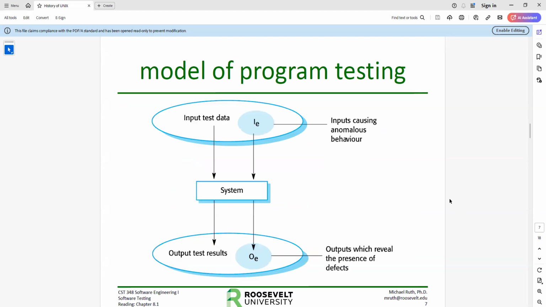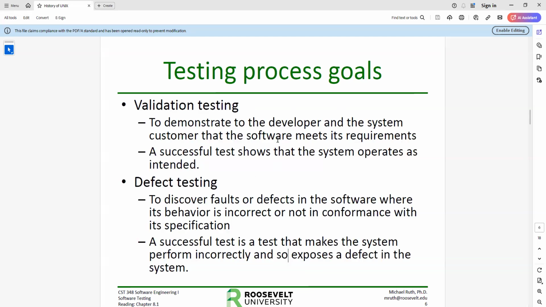So the model of the program testing is you have input test data and you have output test results. Some of those output test results are going to cause the defects. So what is the input test data that would cause the defects? That's usually the problem, right? It's not enough to know that the defect occurred. You need to know when the defect occurred and in what situation. And so the inputs and the situation that lead to the anomalous behavior is very important to record